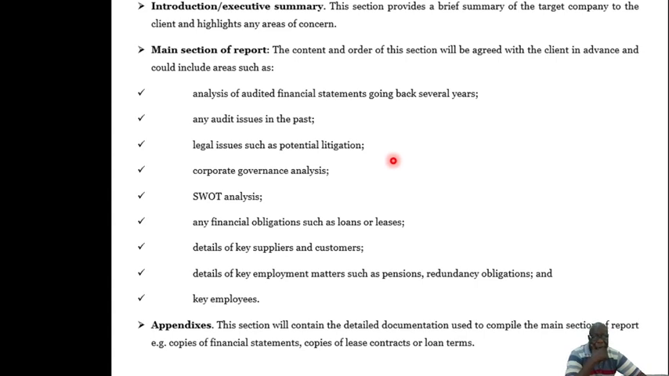Then the main section of the report. The main section should include analysis of audited financial statements going back several years to check whether the company was making profits. Then any audit